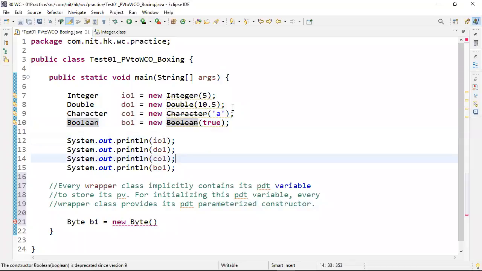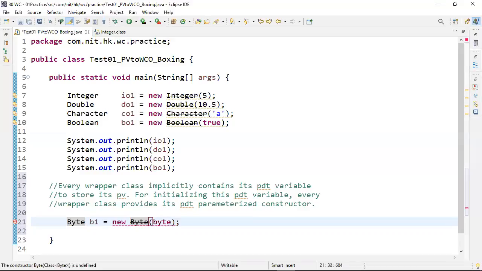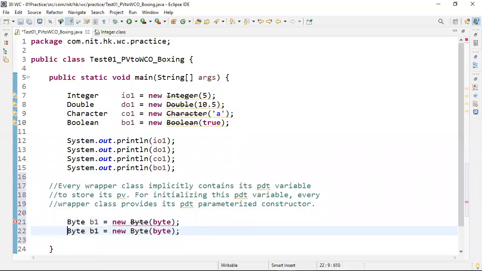Same way, Byte class constructor parameter type is what? Come on fast. Byte class constructor parameter type is byte.